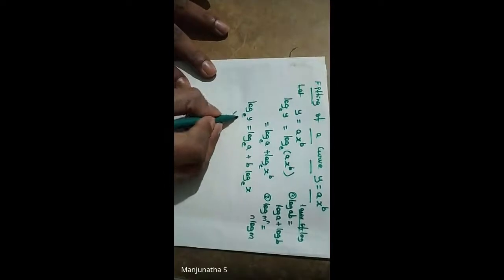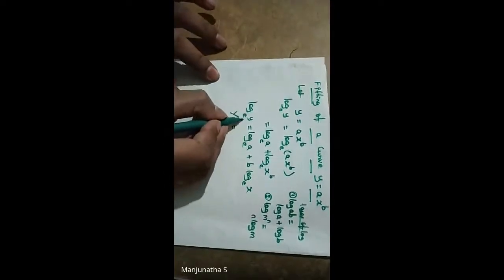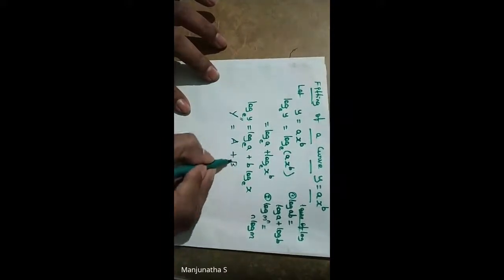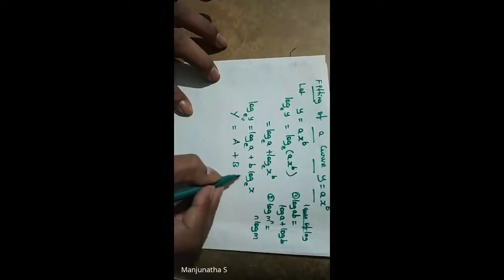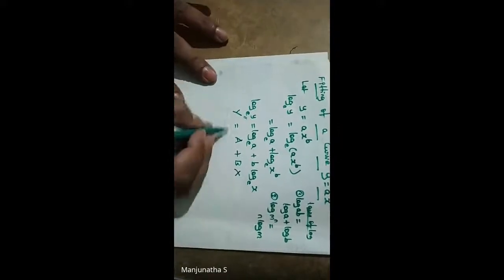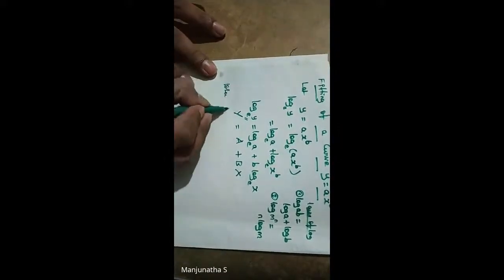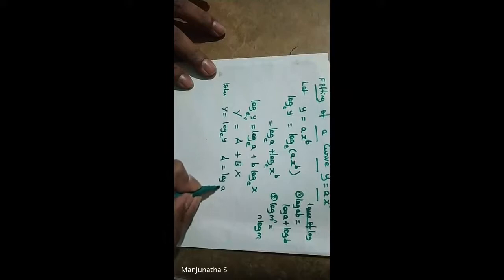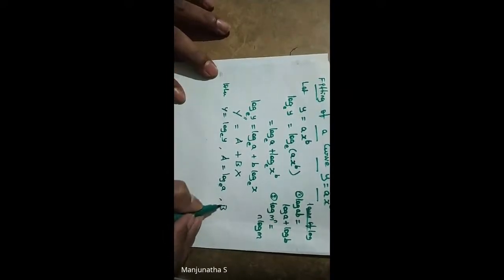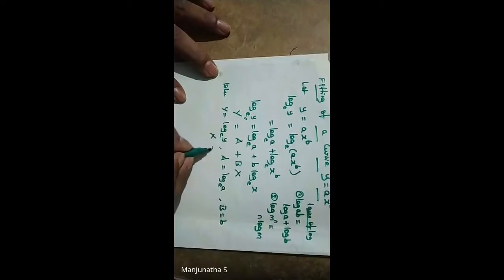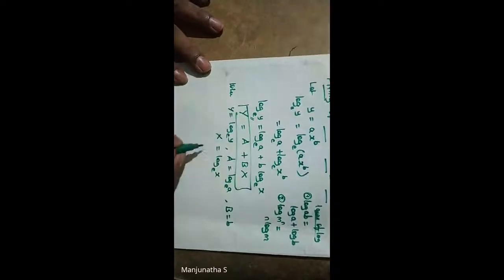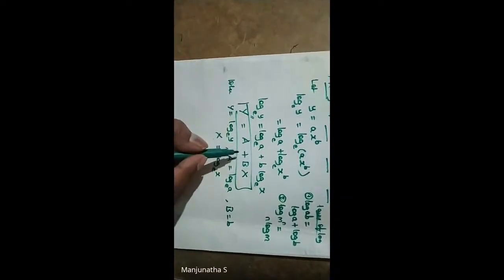Now here we have log y to the base e, so we'll take capital Y is equal to log y to the base e. And here capital A is log a to the base e, and capital B is b itself, and then log x to the base e can be taken as capital X. Y is nothing but log y to the base e, A is nothing but log a to the base e, B is small b itself, and X means log small x to the base e. Okay, so now our equation is in the form of a straight line representation, correct?